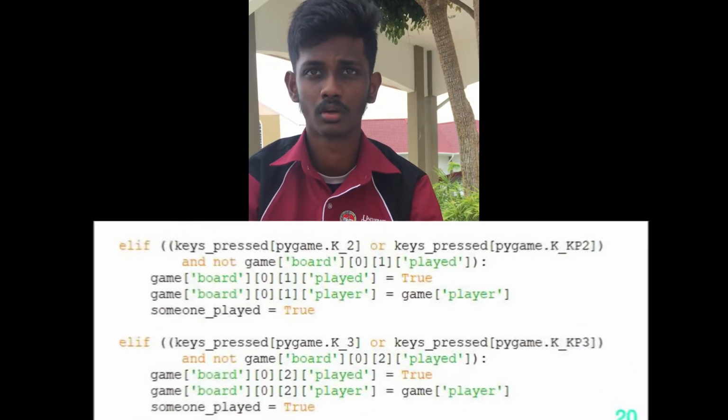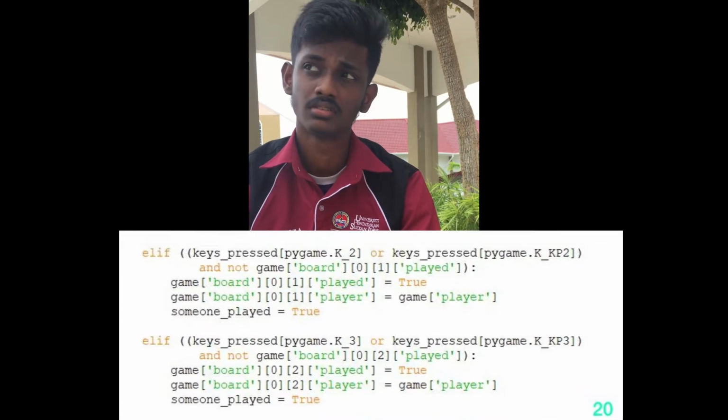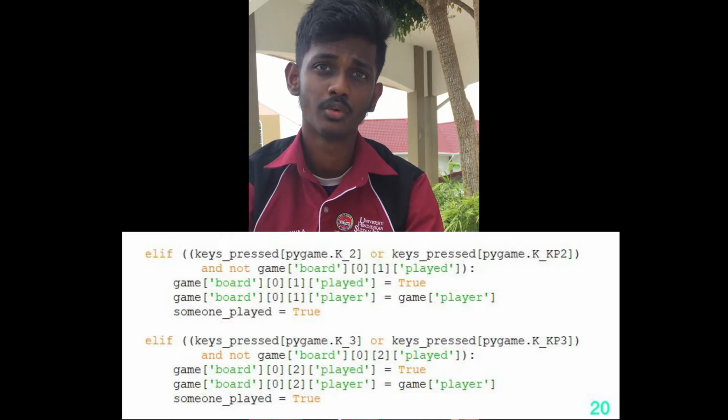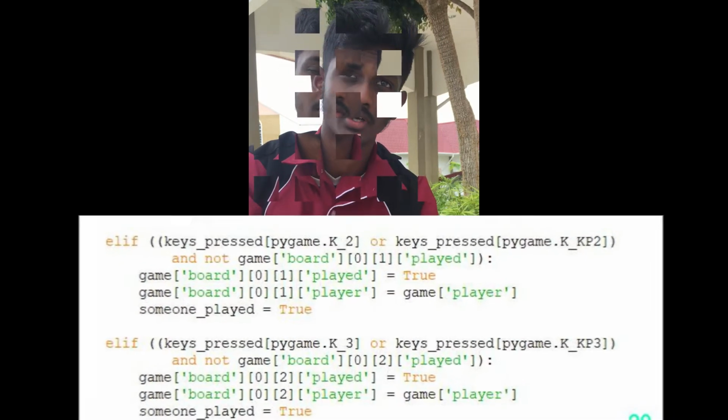Okay, the 20th block defines main, which is the main function of the game, and the board is initialized with board underscore screen, which refers back to the board block. Play X means X is the main player and starts first. Then during the game the player cannot be changed.